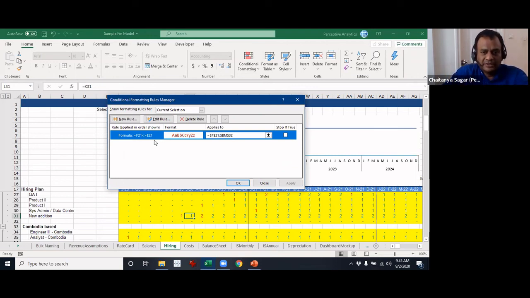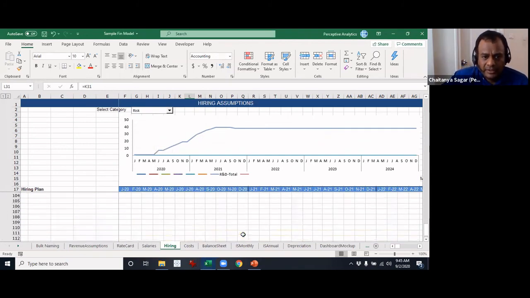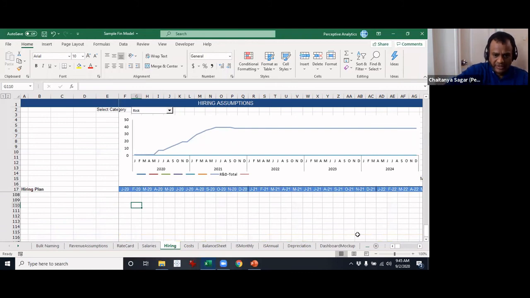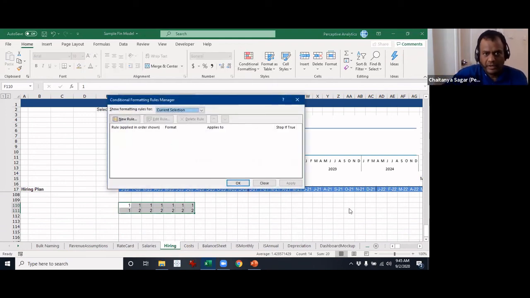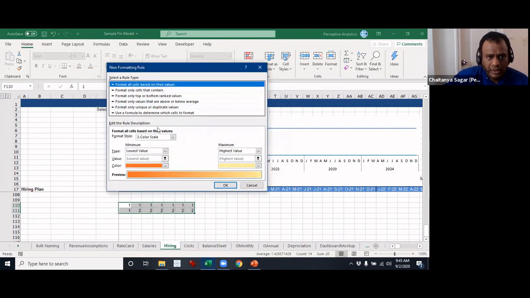Okay, so let me show that to you very quickly. Let's say we'll just use the same sort of formatting. Let's say we have all of this, and we have 1, 2, and then we have, let's say 2, 2, 2, 2, etc. Look at how I'm selecting the whole range, and I will do Alt O D, and a new rule.